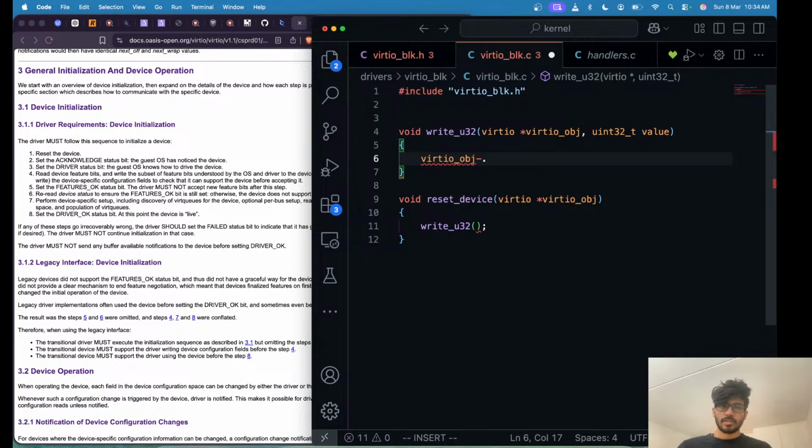Now I can just dereference it and take Virtio base